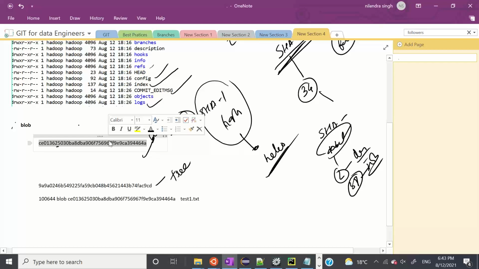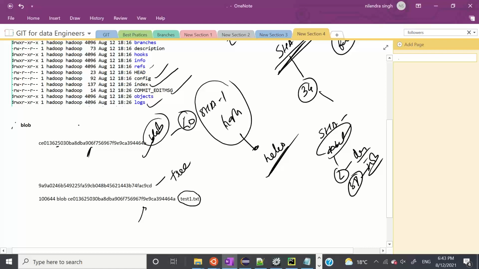See, what it says inside the tree is pointing to this particular blob. This particular blob is pointing to this particular directory. So tree means nothing but a real tree, like a tree structure. So how is Git storing the data? Now we came to know that Git is storing the data in the form of a tree. The leaves of the tree are blobs, right? And whatever the branches are,